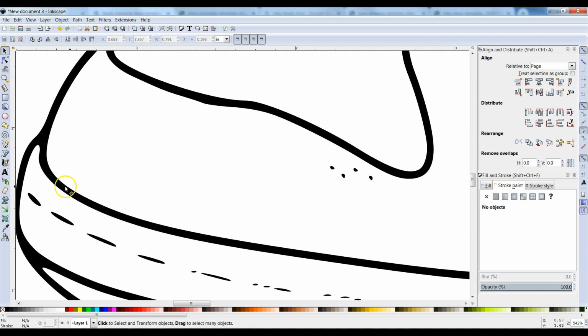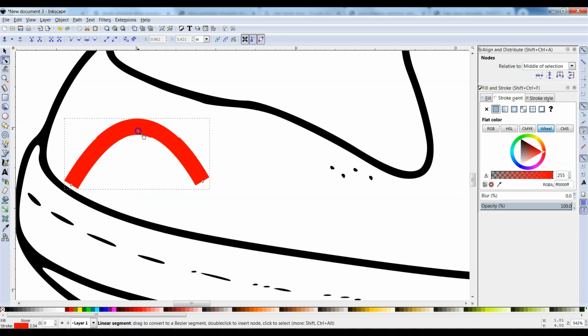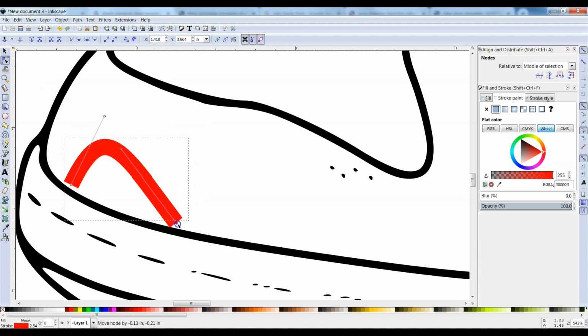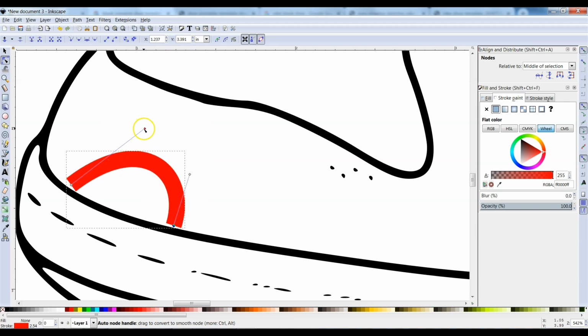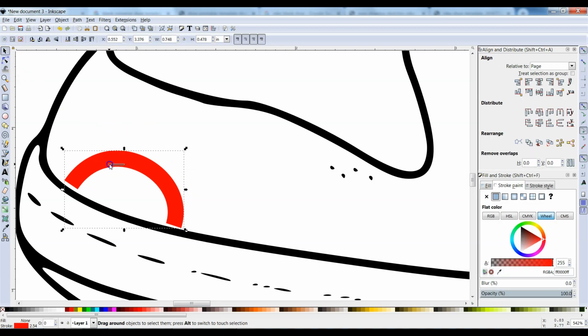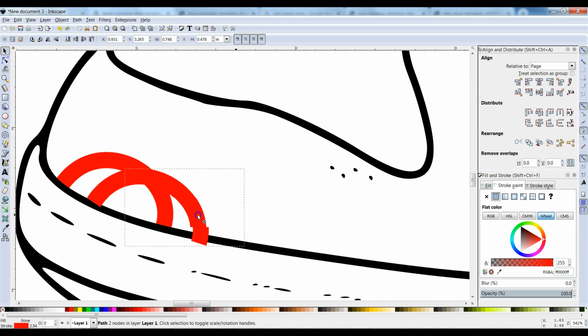Oh wait, I have an idea. Click, click. Bear with me here. What if I just had a bunch of like rings? Hey, I'm obviously not a shoe designer,